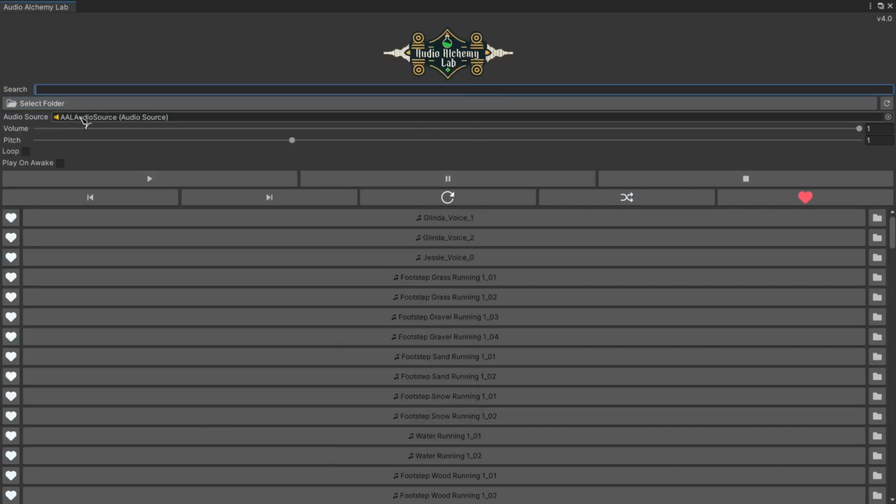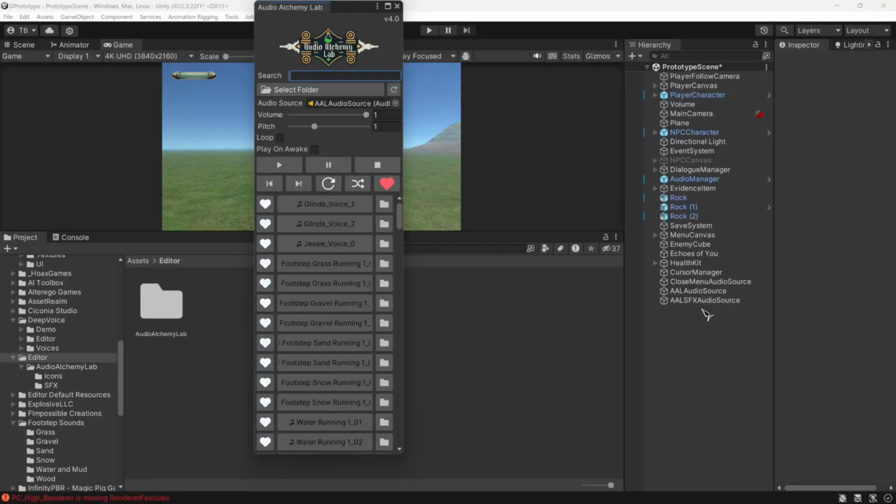Then here is the audio source. When you first open it, it creates two audio sources. I'll show you real quick. Let me minimize this. So it creates these two. One is AAL audio source, and the other is AAL sound effects, or SFX audio source, I mean. This one that's sound effects is basically for all the little sounds that it plays, and then for all the previews of all these,